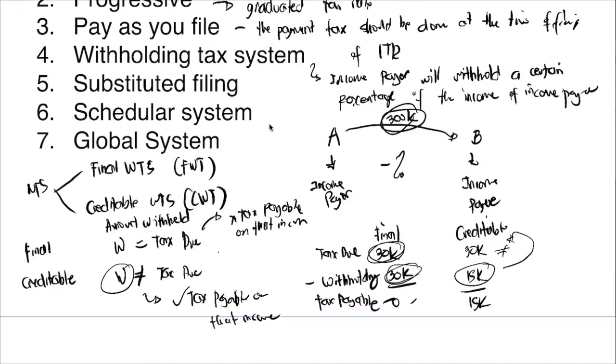Okay? So again, withholding tax system, the income payer withholds a certain percentage of the income payee. So this particular income that is withheld is to be submitted or to be paid to the BIR. Okay? So the income payer now will remit the amount withheld to the BIR. So in case natatanong ninyo na, sir, anong mangyayari dun sa withheld ni income payer? So sa income payer, de-deposit niya yan or i-remit na kay BIR.